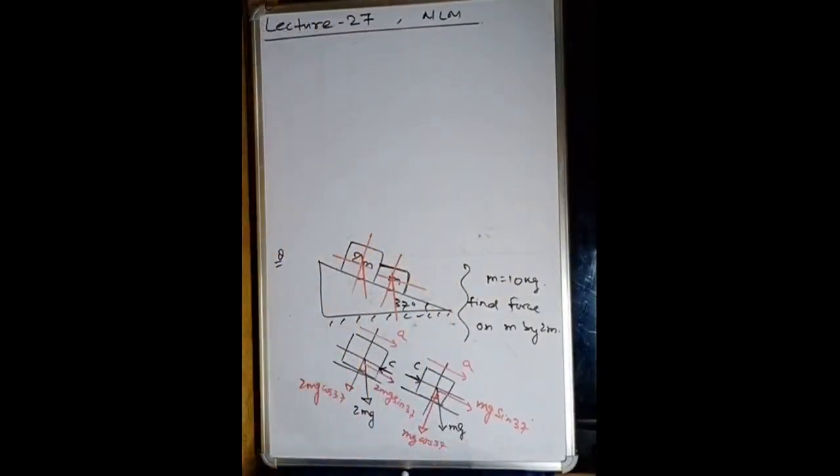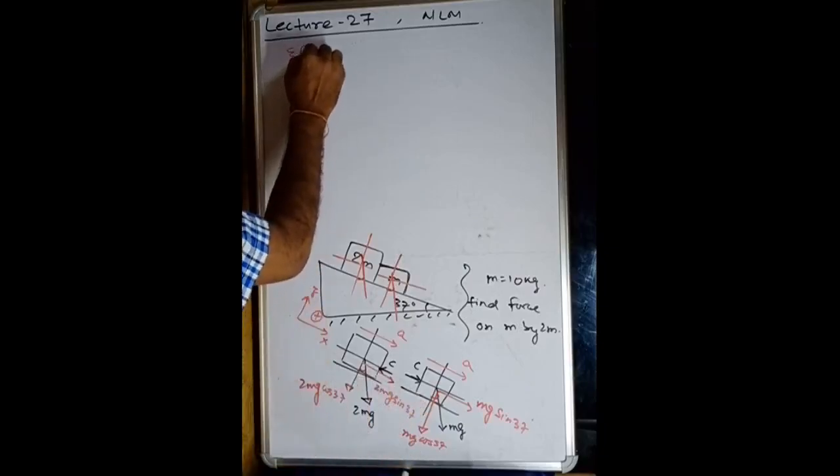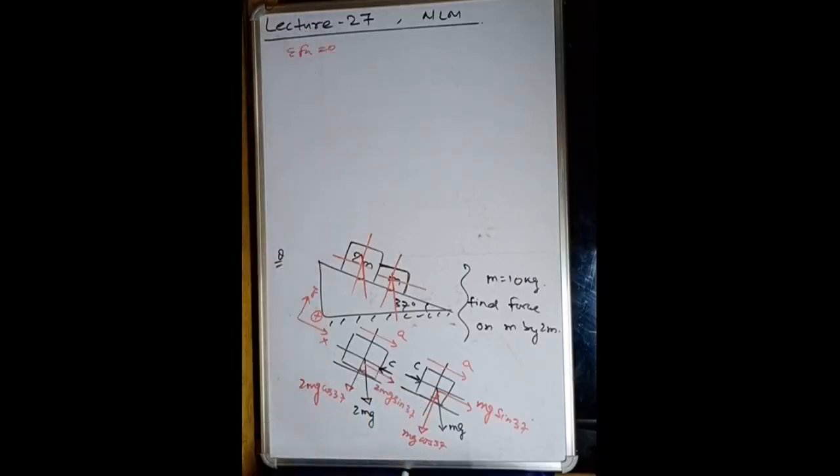One by one, I hope all forces we have considered. No, is any force left? Look here. We are going to fix the axis on this inclined plane only. It is the x and y axis. So for this body, the total force is acting in this direction. Sigma Fx equals 0.